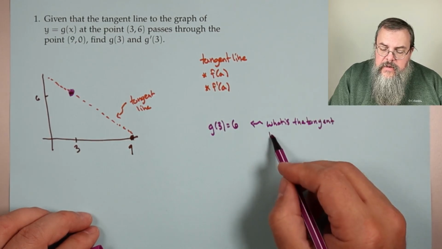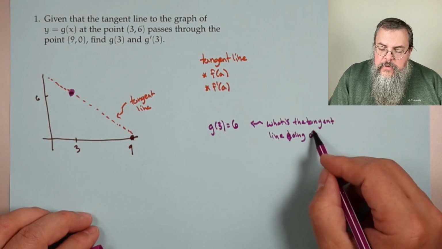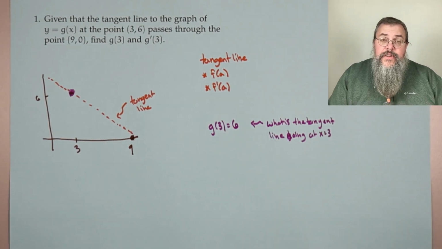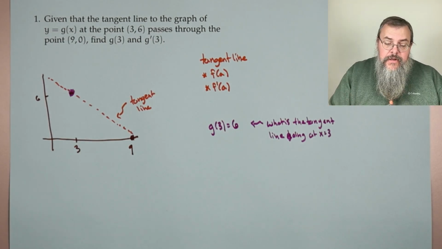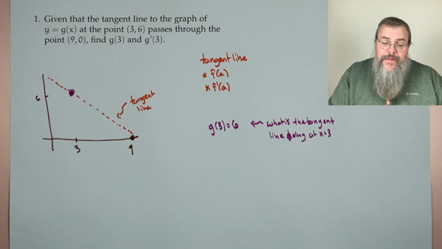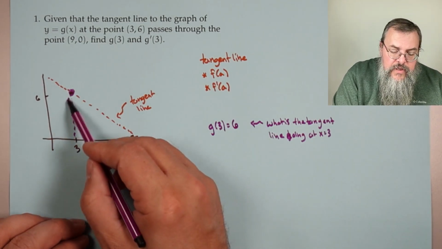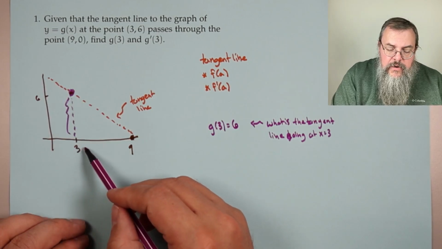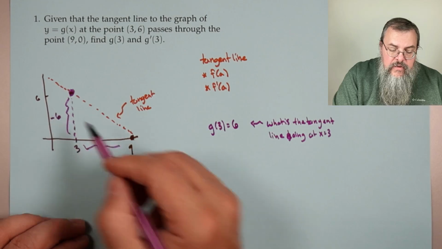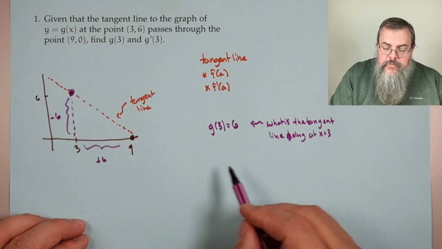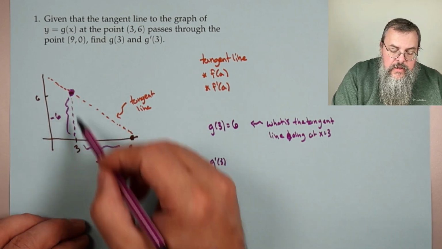Okay, that's fine. What about the derivative? Well, for that, we ask what the derivative tells us. It tells us our rate of change. It tells us the slope of our tangent line. We can compute slope pretty quickly. What's happening? We go down 6, and then we go over 6, right? So this is subtract 6. This is add 6. So then g prime of 3, well, the slope